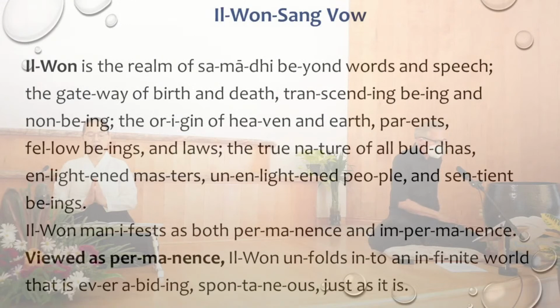Il-Won is the realm of samadhi beyond words and speech, the gateway of birth and death, transcending being and non-being, the origin of heaven and earth, parents, fellow beings, and all beings, the true nature of all Buddhas, enlightened masters, unenlightened people, and sentient beings. Il-Won manifests as both permanence and impermanence. Viewed as permanence,